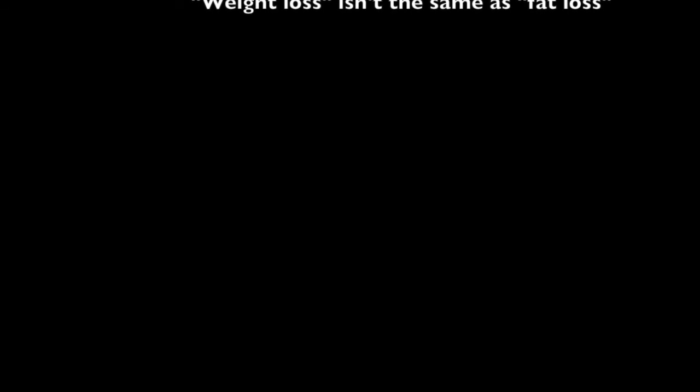Basically, moral of the story, don't get frustrated, follow the energy balance, whether you want to lose weight, gain weight, or even maintain weight,